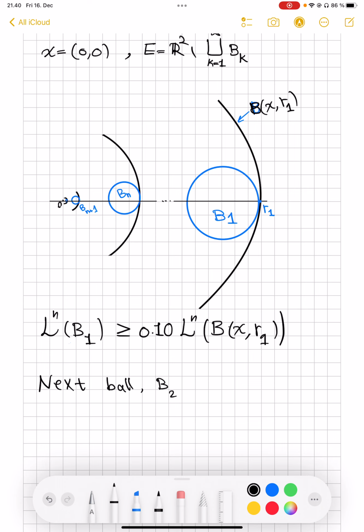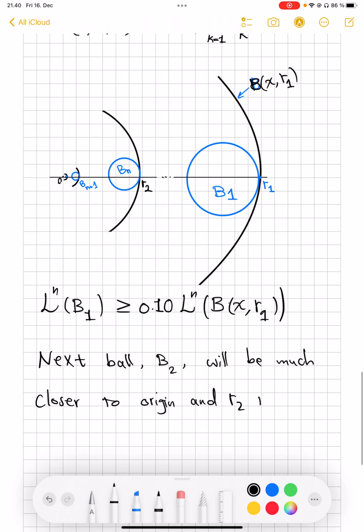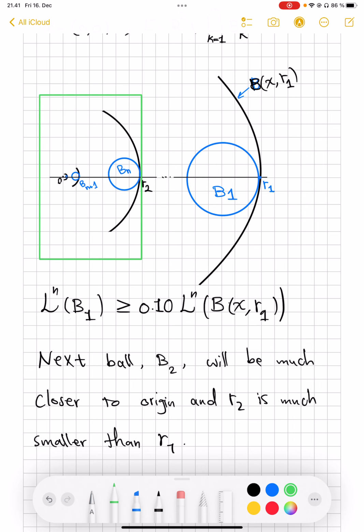So in this case, next ball B2 will be much closer to origin, and R2, which is where you are going to place your next ball and your next removed ball, is much smaller than R1. You can imagine that what you see in here inside this green box will be maybe 1 million